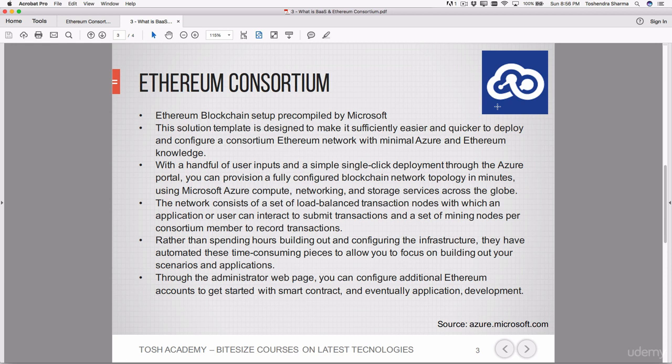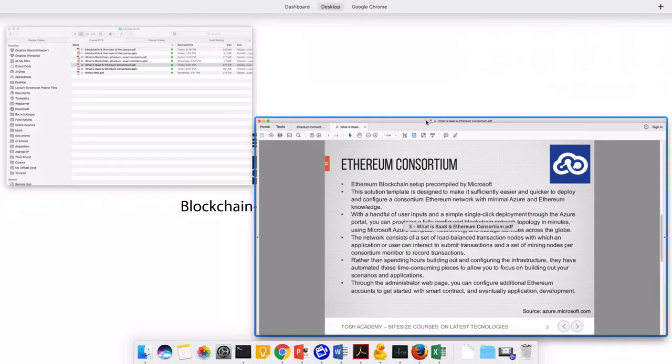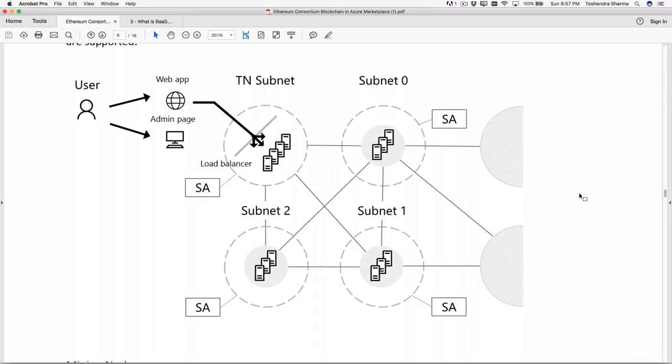What we are going to design is a load balancer. Let me show you if I have this right now here. Okay, so this will be our infrastructure setup where we'll be creating a transaction subnet and the mining subnet, or we call it the consortium members. Each consortium member will be a subnet, and they will have at least one miner inside each subnet which will be responsible for mining. Each consortium member will be connected to each other, forming a network.